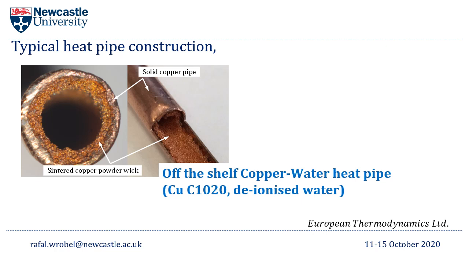This two-phase system relies on phase change from liquid to vapor and from vapor to liquid, which is induced by the heat on the evaporator side, and then a heat removal feature, a heat exchanger, on the condenser side, and a wick allows for a return of the working fluid, so capillary pumping from condenser to the evaporator. A typical copper water heat pipe is shown here, and this one is the most popular